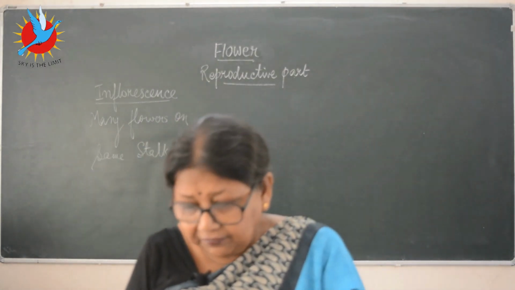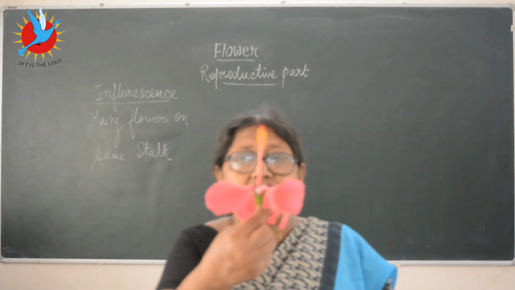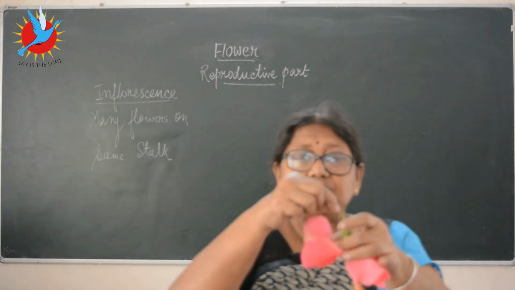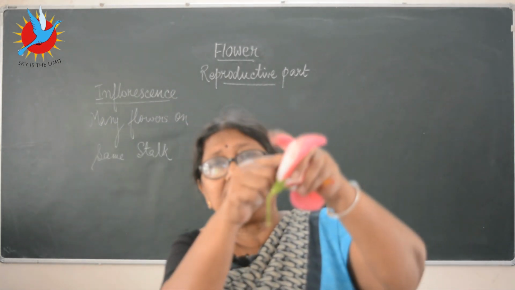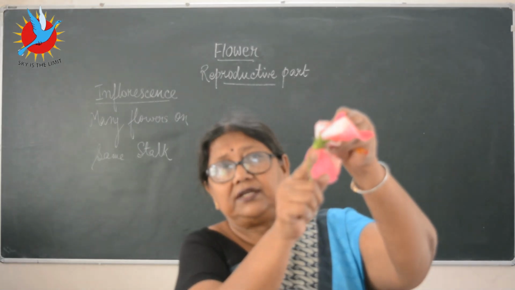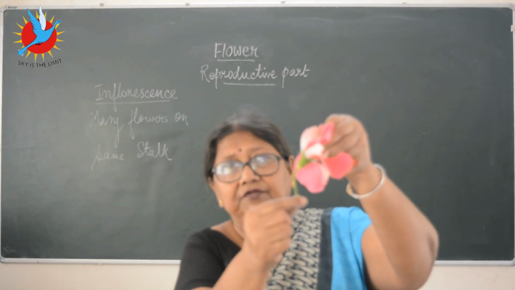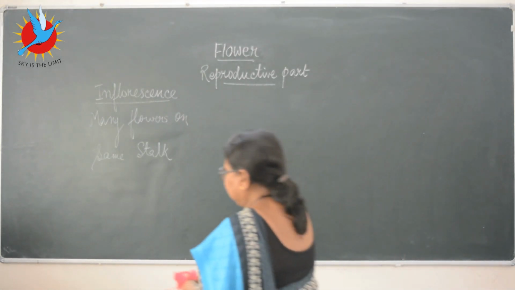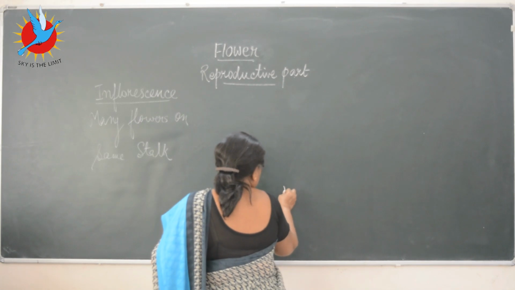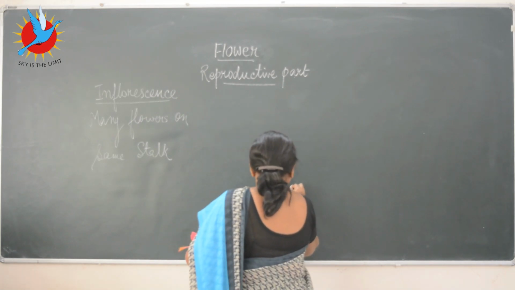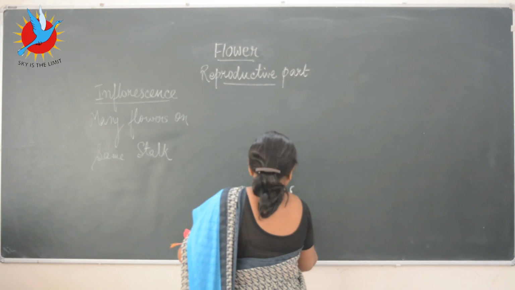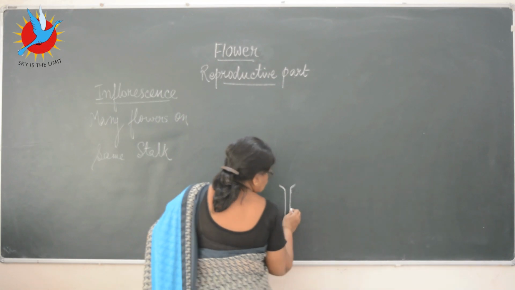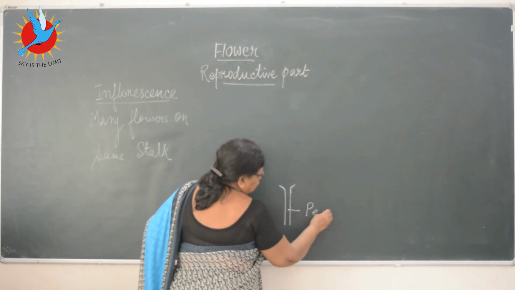One flower, let's take one flower. I'll take this one because it's big, so you will be able to see it easily. Now, you can see on the main stem there is a stalk. The flower has got a stalk here, this branch. This is the stalk of the flower. The stalk of the flower is called